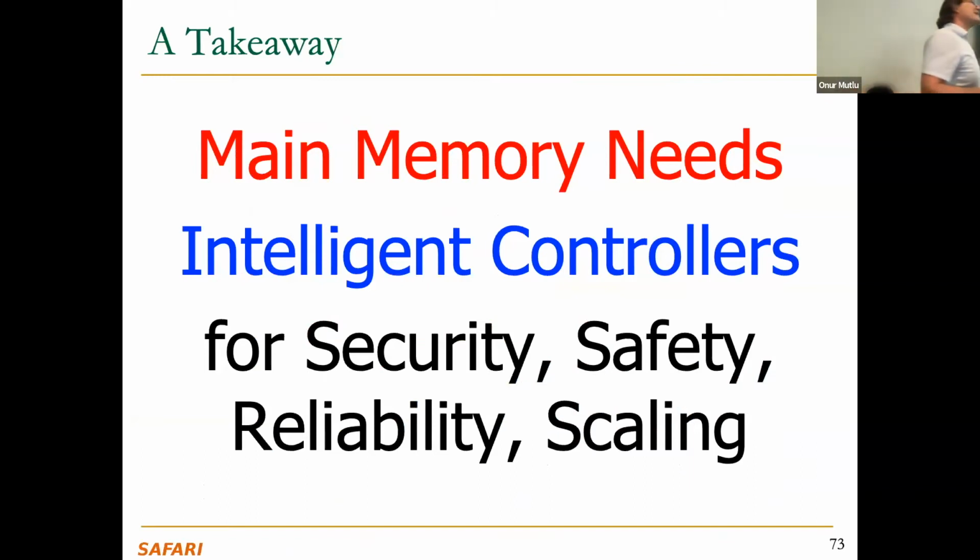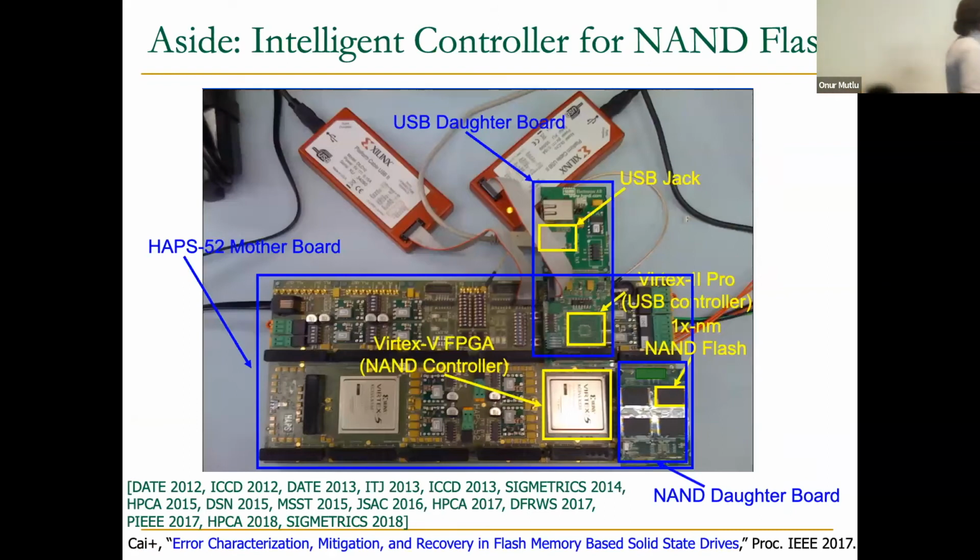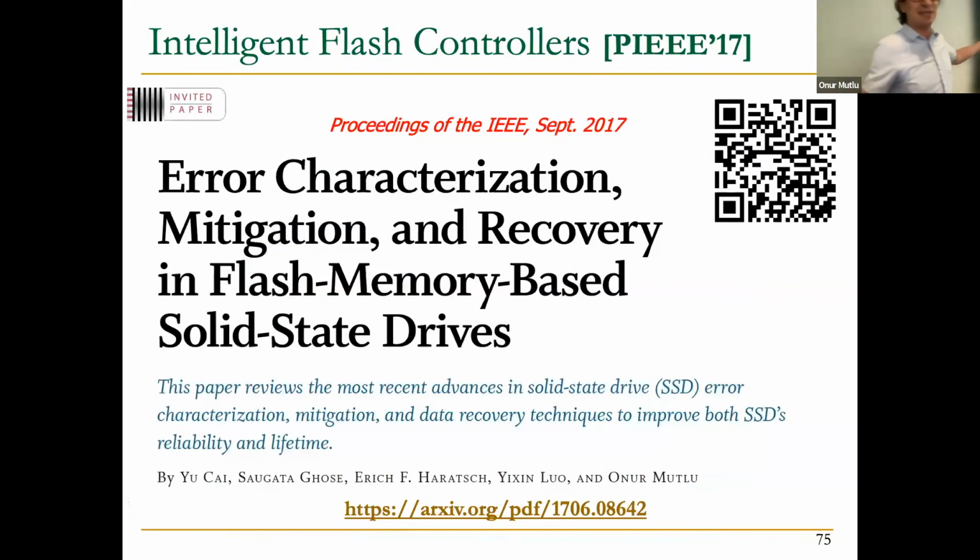So this is an example of an intelligent controller. This is a slightly intelligent controller, as you can see, that can do probabilistic activation. I think we need a lot more intelligent controllers to solve this sort of issues. And here I will mention that we've been doing a lot of work on flash memory. This is the FPGA-based infrastructure where we actually built a lot of SSD controllers to understand the issues with flash memory. And we have these intelligent controllers in flash memory. The flash translation layer in flash memory has a lot of intelligence, has a lot of understanding of the device characteristics to fix many different types of errors that are going on in flash memory. And if you're interested, we've written a paper on it some time ago. We need something like that in DRAM, I will argue.